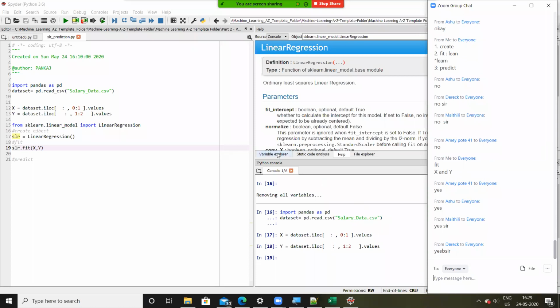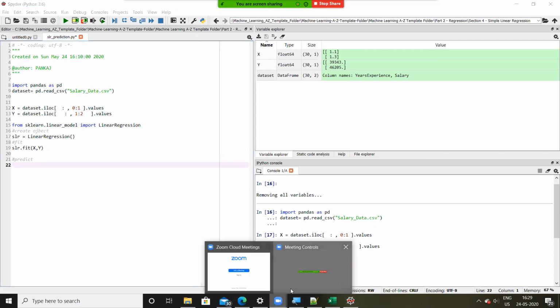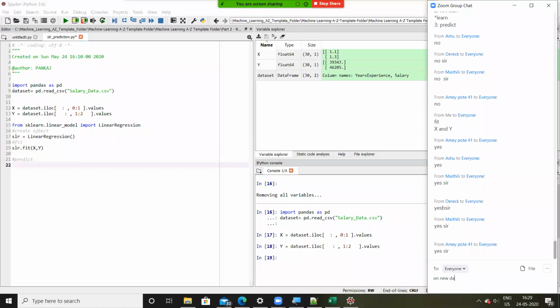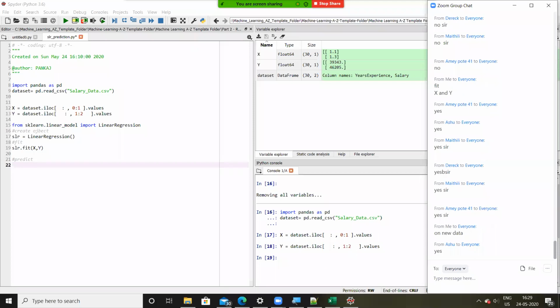Perfect. Now for prediction, we need new data, right? To do any prediction, we are going to do a prediction on new data. Do you guys agree with me on this part? The prediction will be performed on new data. So here we are going to ask the user to enter the new data.